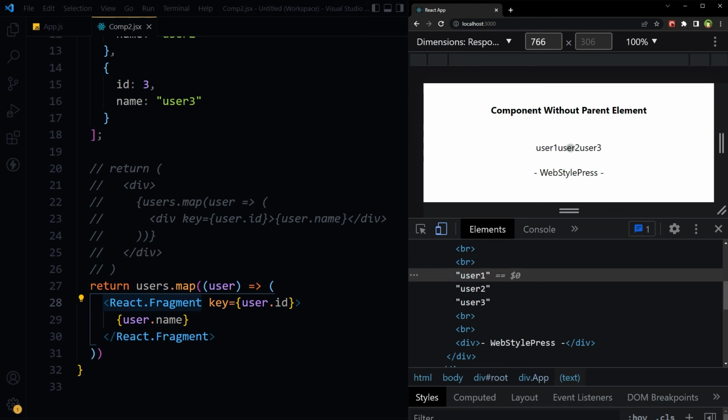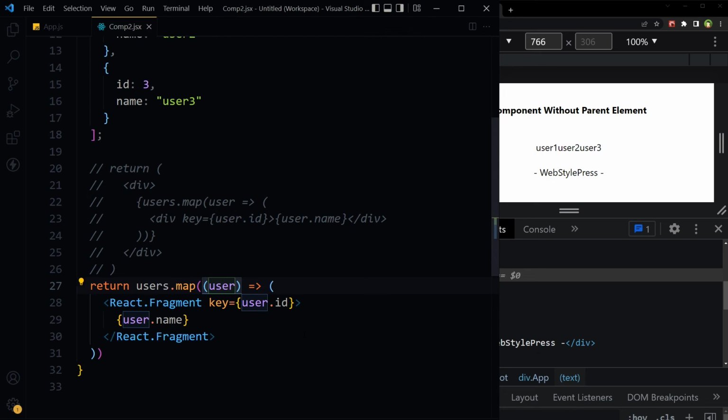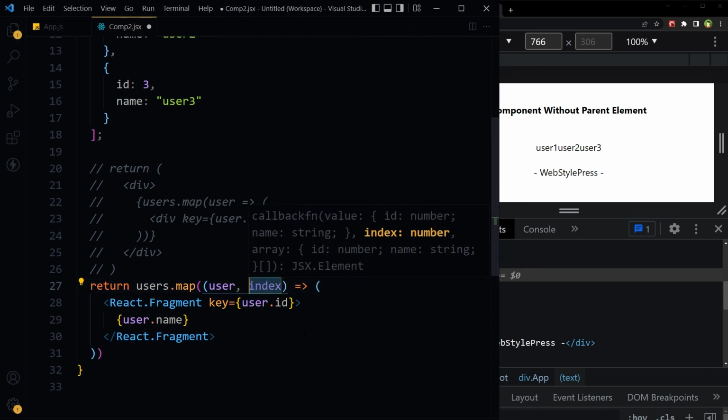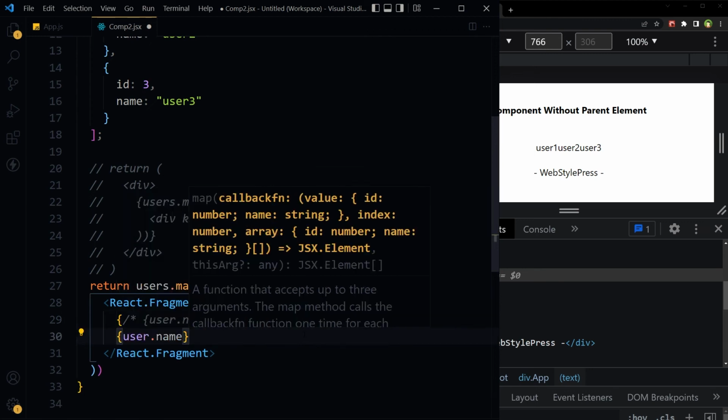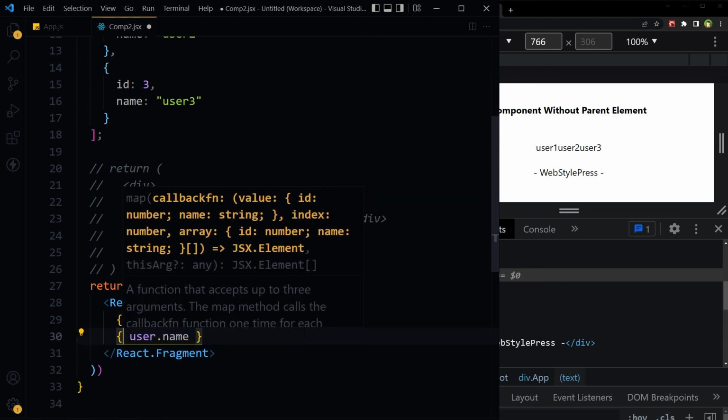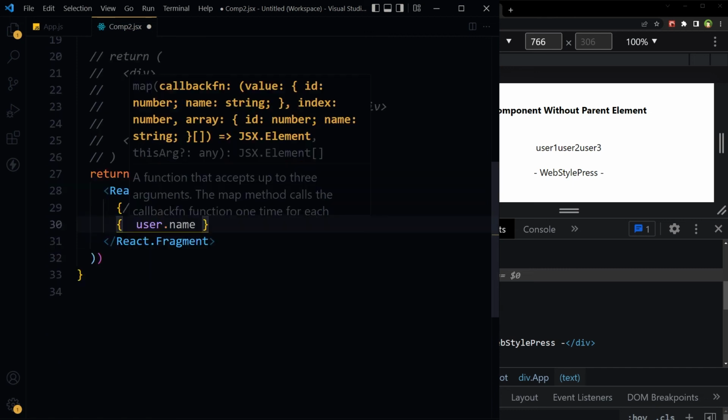To separate these records and use a separator between them, we can use index here. Now we can use a check here and use a ternary operator.